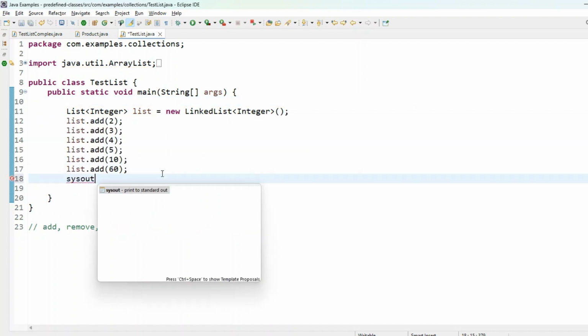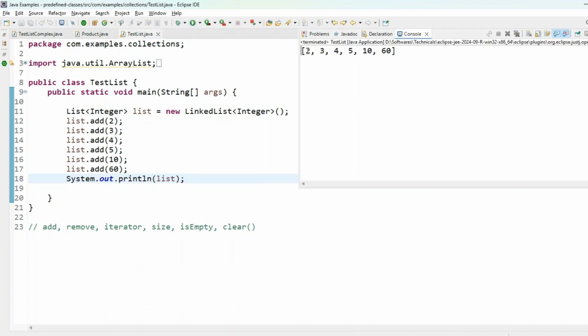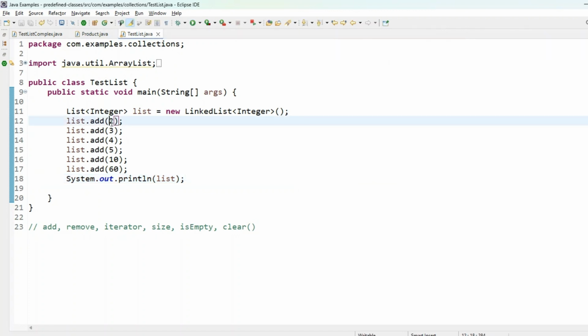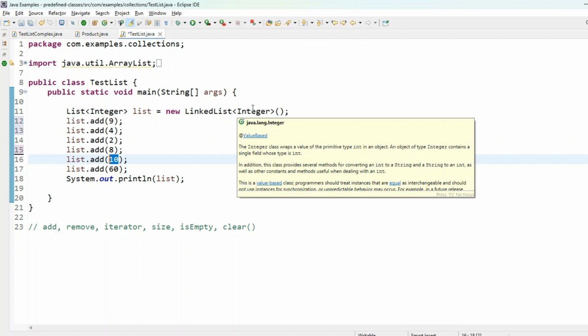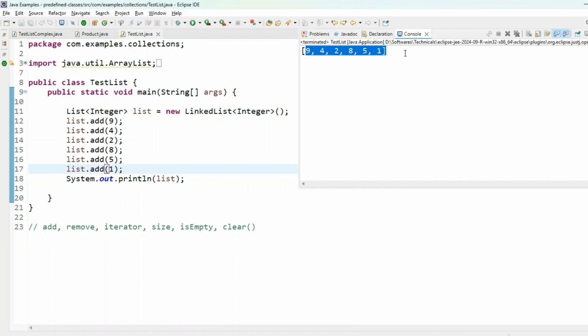If I print the list and run the program, I see 2, 3, 4, 5, 10, 60. It is already sorted. Let us change this. I will make this one 9, this one 4, sorry, this one 9, right? And this one 2, this one 8, this one 5, and this one is 1. This time you can see the insertion order, and it is not in sorted order, neither in descending order